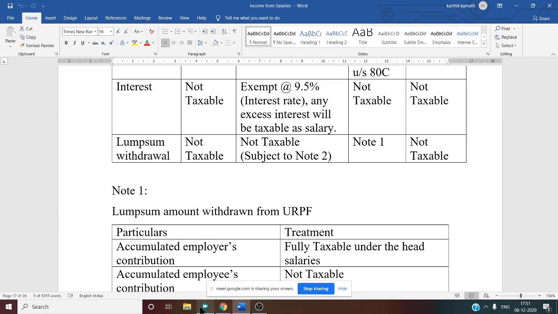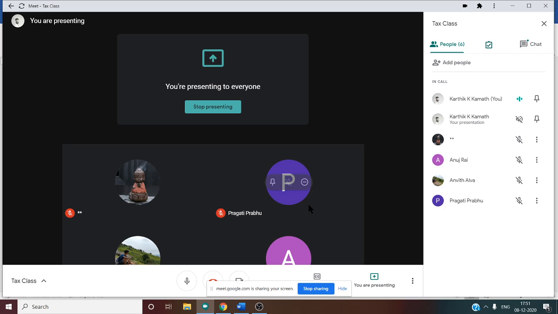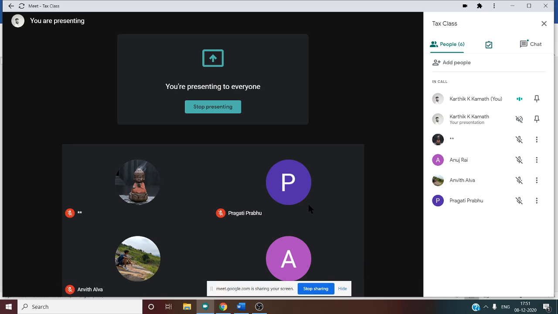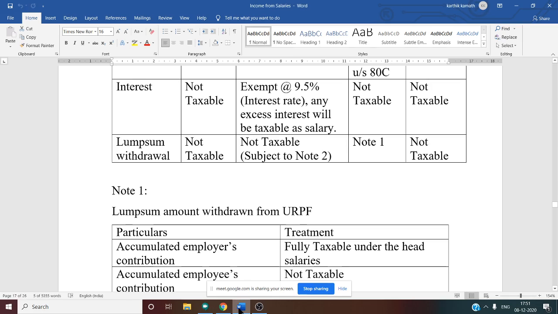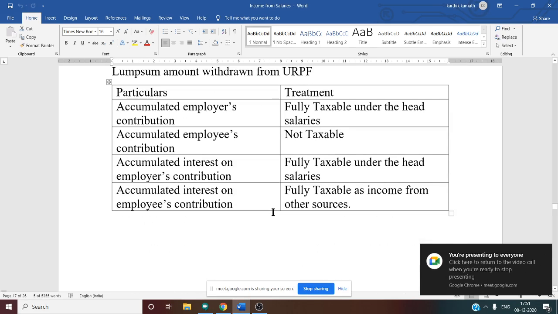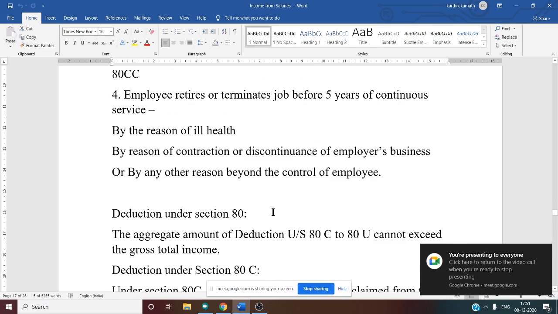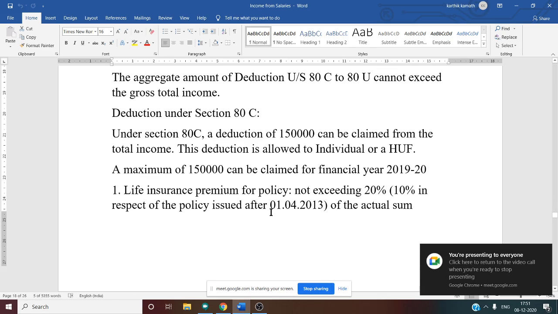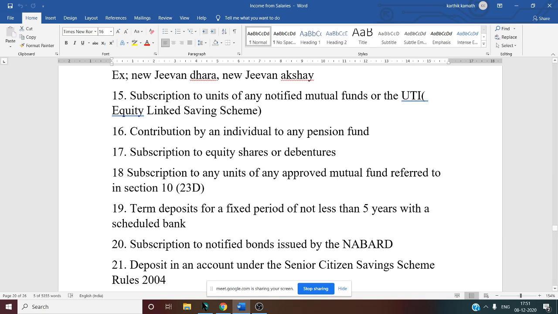So the important things we will discuss while solving problems, because if you see the past question papers, all the problems are repeated in nature except for a few adjustments. That too comes year after year, the same adjustments they ask. So we have to see that. After this, there is a deduction under section 80 that we will discuss in the next class. So I hope all the concepts